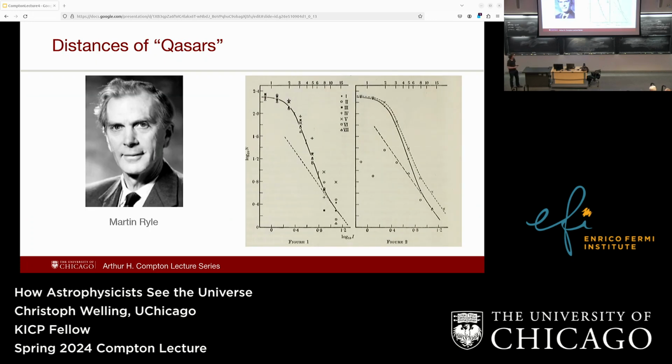But in the meantime, this guy, Martin Ryle, had a different idea, and he said, okay, we may not know exactly how these work, but we know one thing, and we know that they're really far away. And even this relatively bright radio source is one of the furthest objects we know of so far. But there's a lot of others that are even fainter, so probably those are even further away. So if we just take these radio sources, we can look back in time much, much further than with the optical telescopes we have right now.